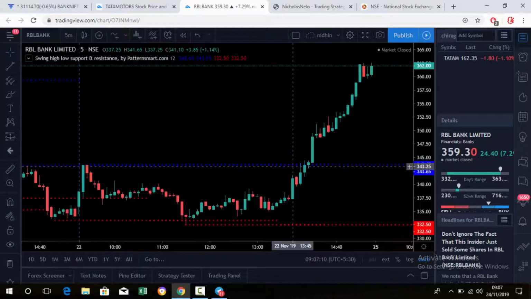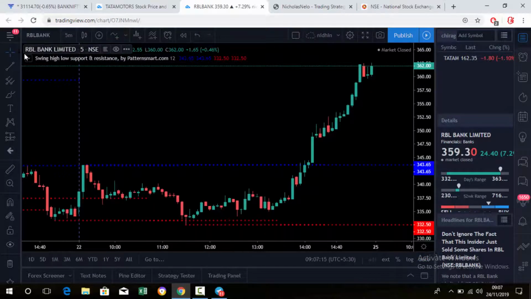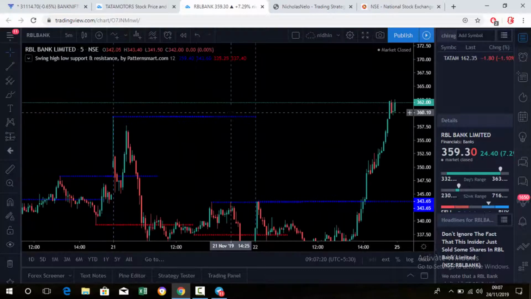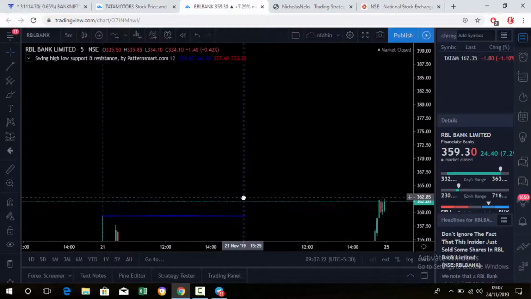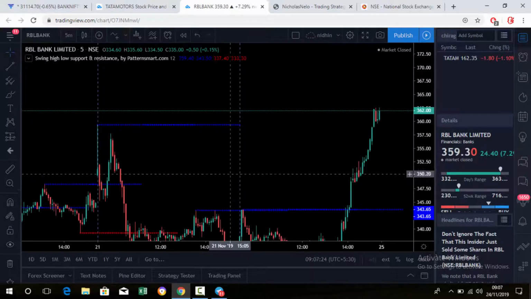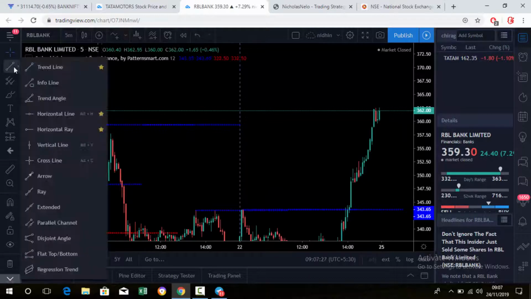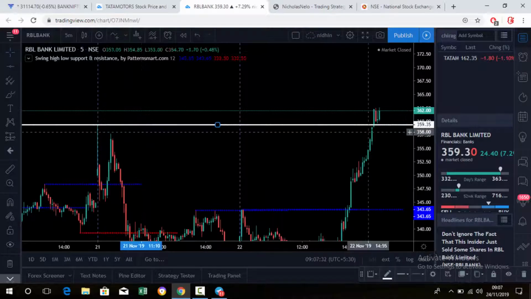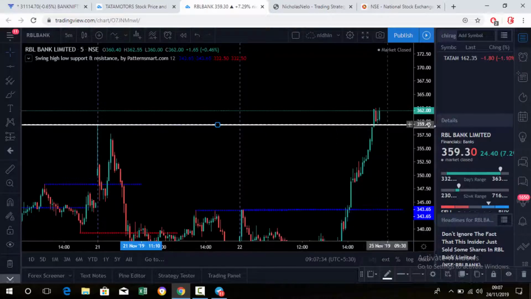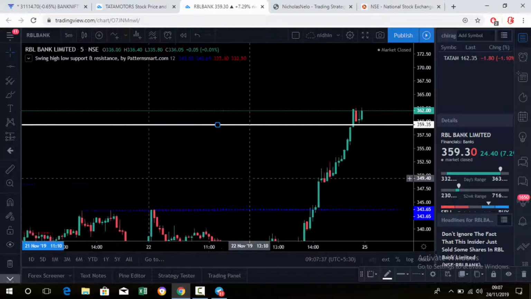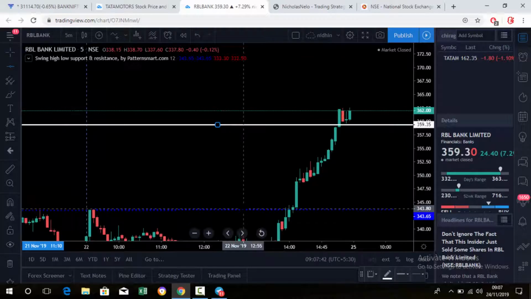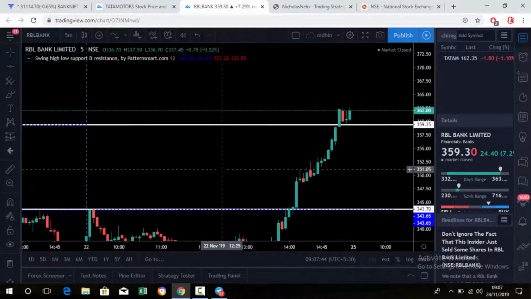Okay, now we got the swing high and low. So this is the support, swing low support. Resistance is not generated yet. So if you want to check previous, okay, there is no previous resistance. Okay, here is the resistance. We consider this a resistance. Now the market is above this level, so it will act as a support, and the next swing level is this. You just mark this level and just wait for tomorrow.